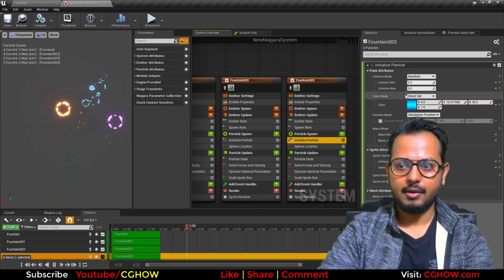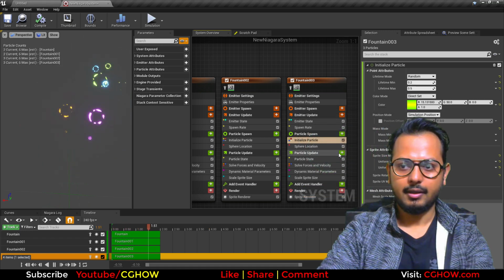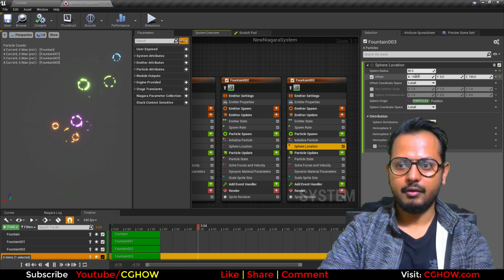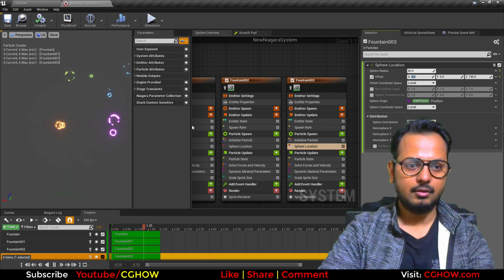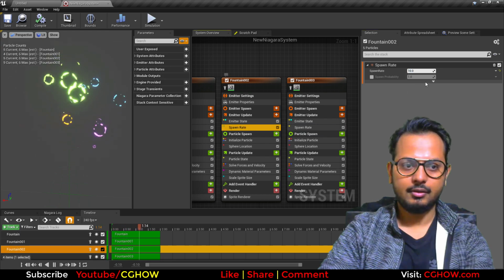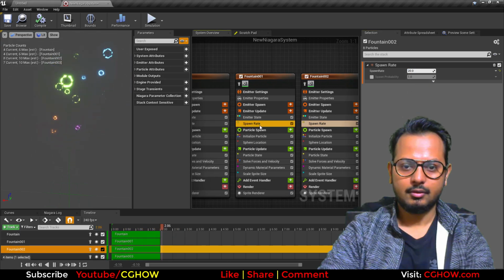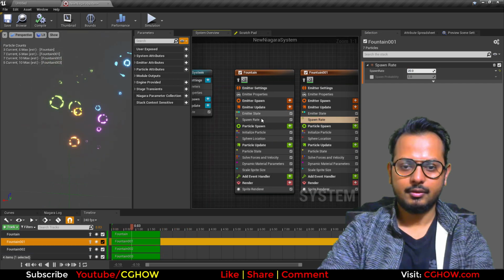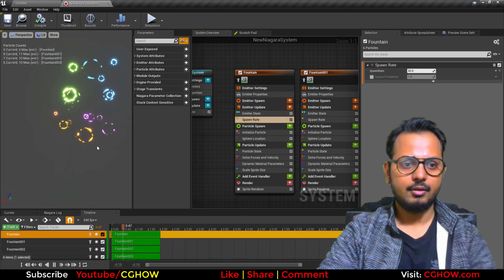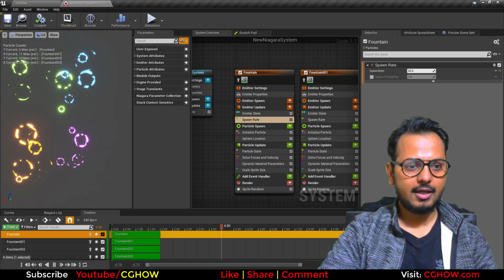Now this time I will make this green, and here I will make this 0, and let's increase spawn rate 20, 20, 20, 20. So now we have created our effect from scratch very quickly,